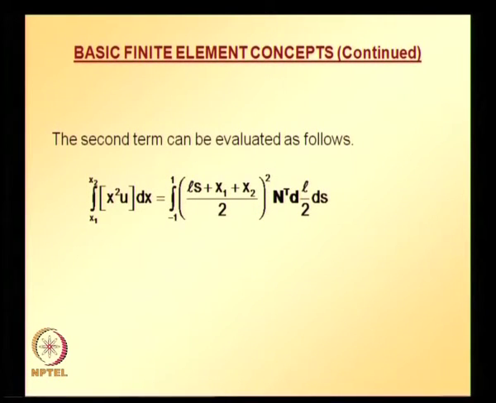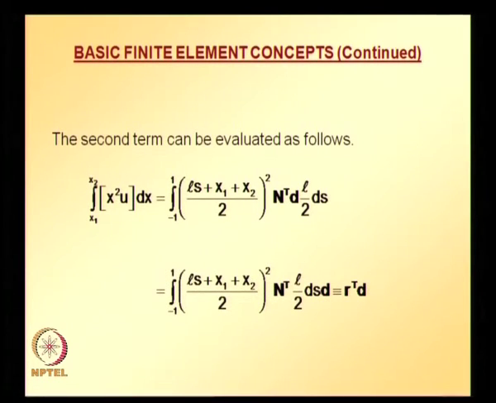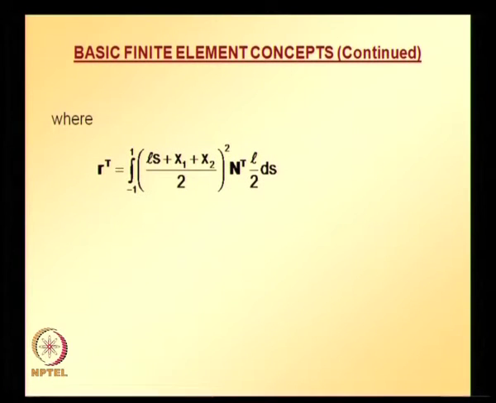And the second term, we need to substitute what is u value, and substituting x in terms of S and u in terms of N transpose D, and dx is replaced with L over 2 ds, and the limits of integration are changed from -1 to 1, x1 is replaced with -1, x2 is replaced with 1, and you can simplify this to this one. And again here D is pulled out of the integral because it is no longer a function of S, D is nothing but nodal parameters or nodal values. So, it has nothing to do with the integral, you can pull it out of the integral, and R transpose is defined whatever is there in the integral, and you can simplify this R further